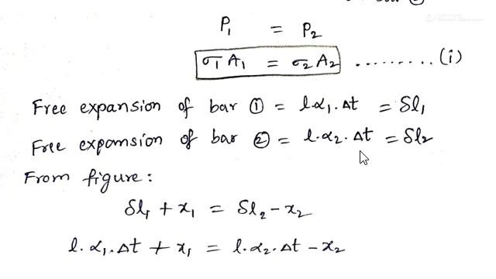So friends, if you require more clarification on this formula, please refer to my previous video on temperature stresses or thermal stresses. Here we can write these formulas for free expansion of bar 1 and bar 2, and we have already written the equation. So delta L1 plus x1 is equal to delta L2 minus x2. So L alpha 1 into delta T plus x1 is equal to L into alpha 2 into delta T minus